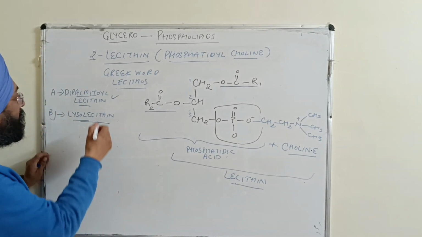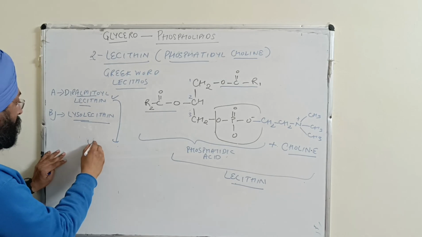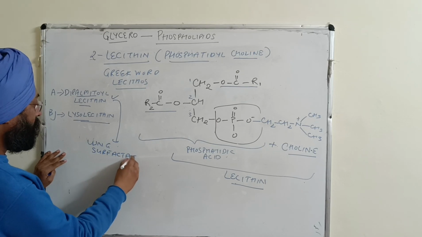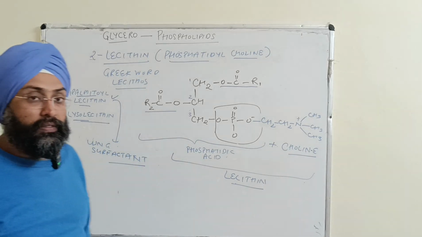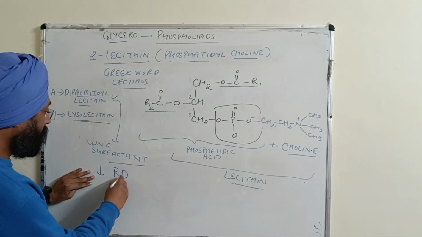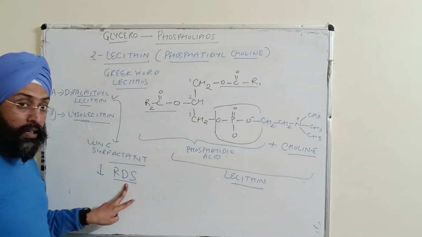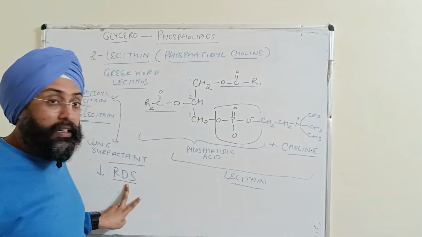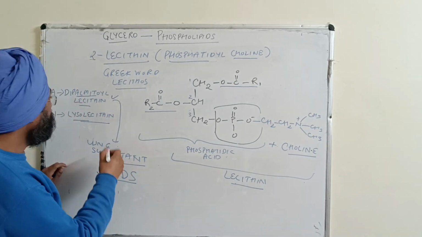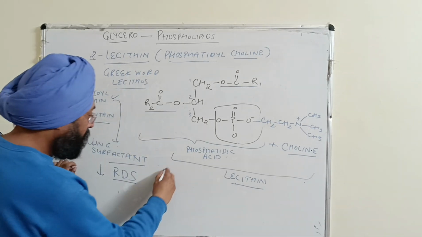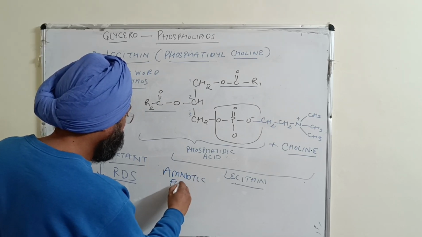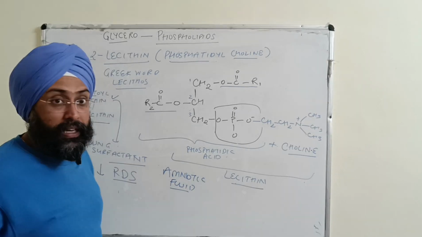The first one, dipalmitoyl lecithin, is an important lung surfactant, and it prevents adherence of the inner surfaces of the lungs. It has an important role in respiratory distress syndrome, where the infant lacks this surfactant, causing infant respiratory distress syndrome. Its level in amniotic fluid also indicates fetal lung maturity. It can be calculated as